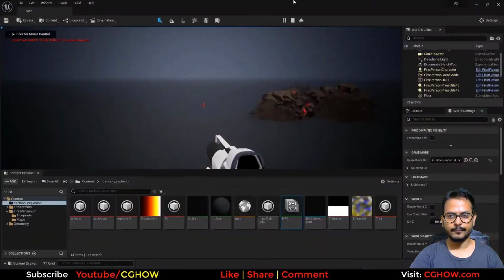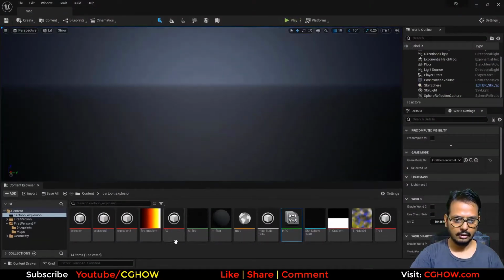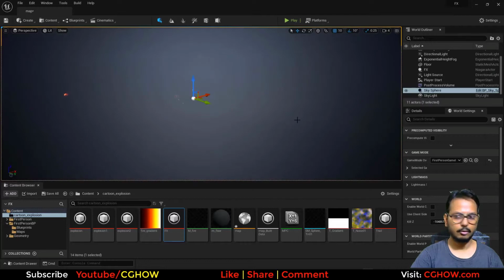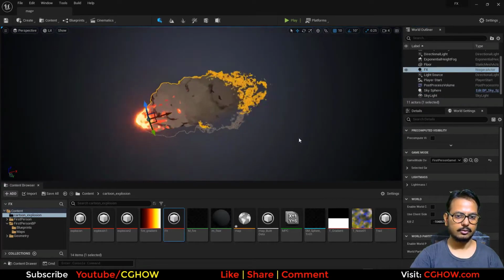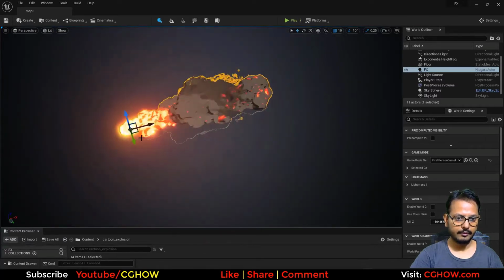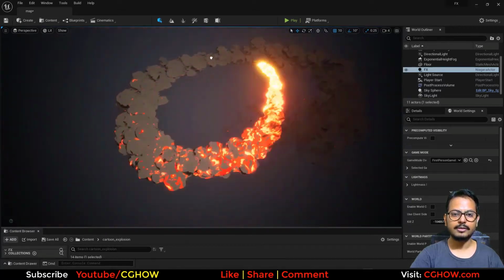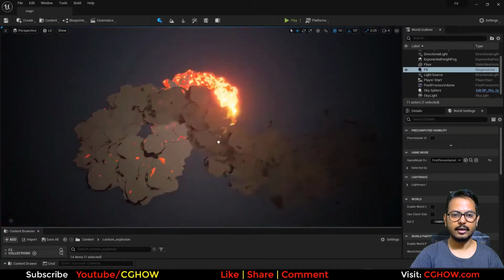Okay, so I'll show you the effect first. This is my effect, which looks something like this. This is how it looks. If I move this from here, press G, you can see now I have this cartoonish trail, and